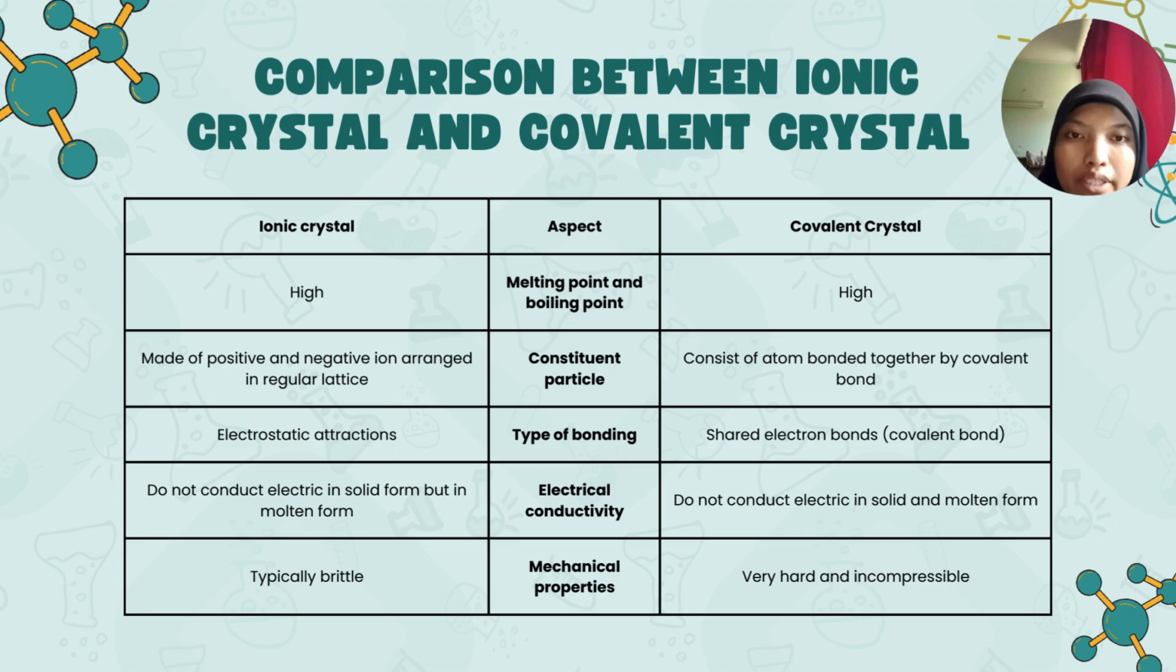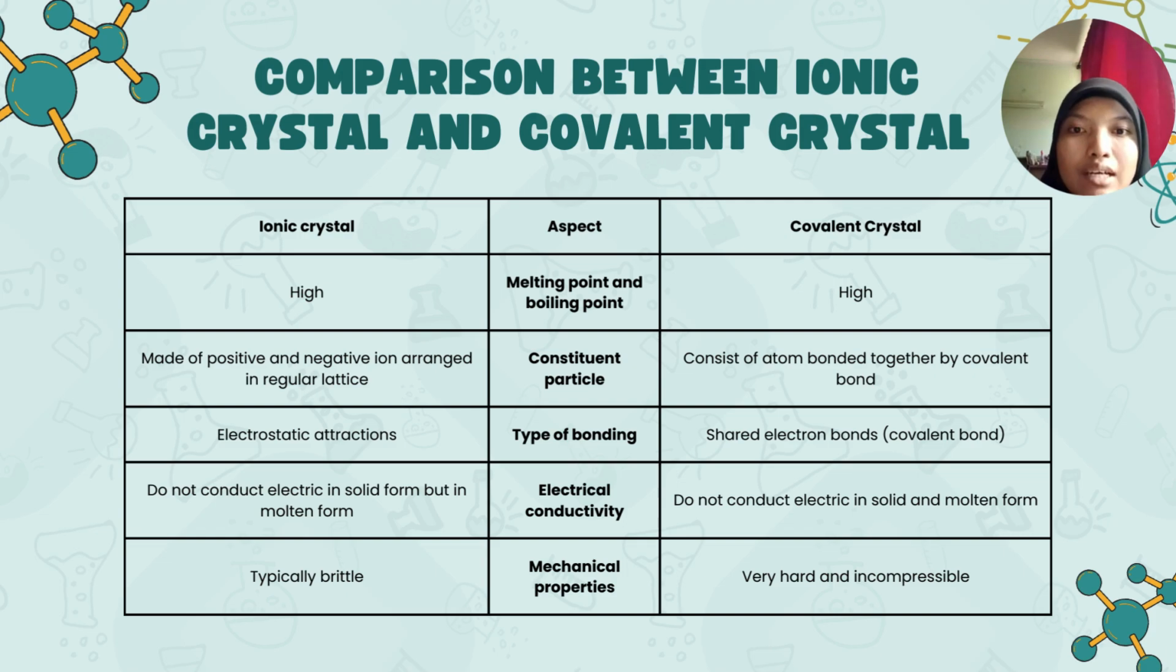Second, type of bonding. Ionic crystals are held together by electrostatic attraction between oppositely charged ions. Meanwhile, covalent crystals are held by shared electron pairs, which are covalent bonds forming a giant network. Third, the electrical conductivity. Ionic crystals do not conduct electricity in solid form, but they conduct when melted or dissolved, because the ions move freely. Meanwhile, covalent crystals generally do not conduct electricity in solid or molten form because electrons are localized in the